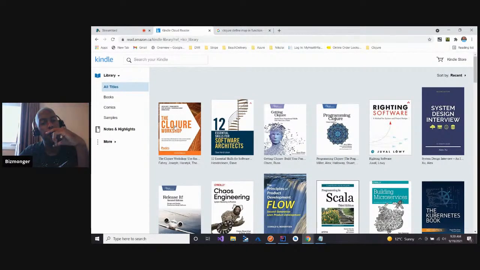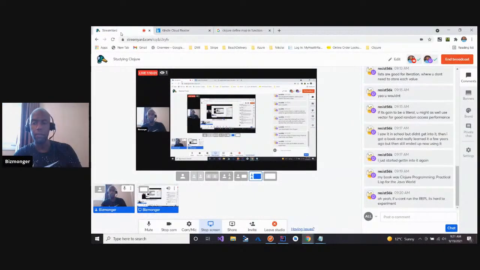This is the book that I use to prepare before I meet with him, so that I'm not wasting his time and I'm demonstrating that I am trying to learn outside of his time, so that when I do use his time it can benefit both of us. So this is the book I'm going through right now, The Clojure Workshop. You can't run the repo, so it's hard to experiment. I couldn't install the IDE at all, and he got me up and running using IntelliJ.